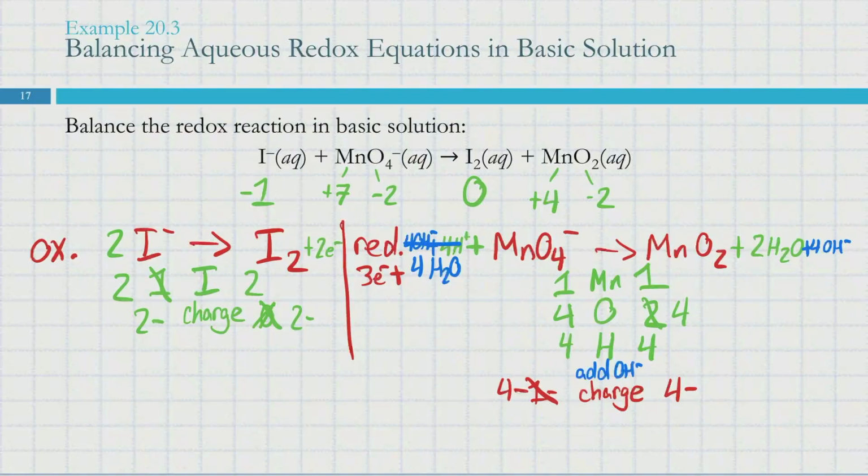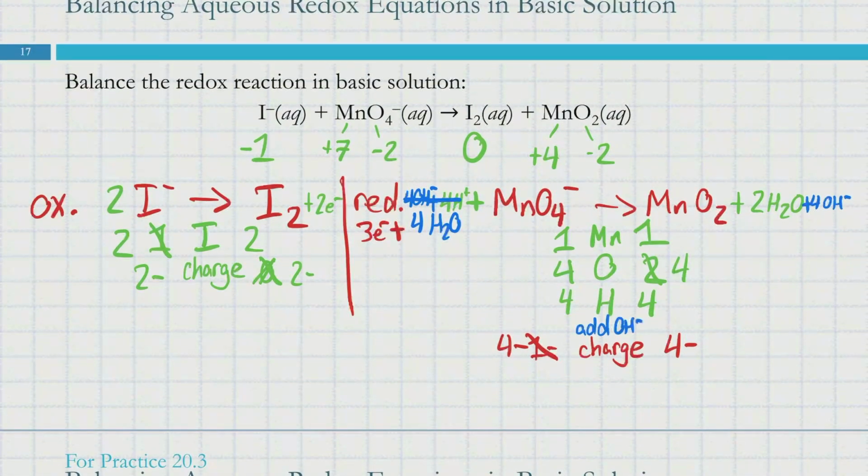And then we get to multiply them so that they get the same number of electrons. And this is one of the places where redox reactions can get a little bit sloppy, where we can run into trouble, because we have to multiply our oxidation half reaction by 3 and our reduction half reaction by 2 to get them up to 6. So there's a lot of coefficients that are going to be changing. This is one of the prime places to make mistakes. So multiplying the left one by 3 and the right one by 2,